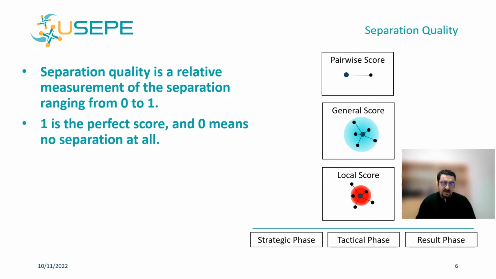All 3 scores are computed for 3 phases. Strategic phase is before flights take place. Therefore, path planning problems can be detected. Tactical phase is during the flights. Maneuver options can be scored to identify the best performing option. Results phase is the phase after all flights are completed. In this analysis, overall effects of general changes such as airspace structure, resolution method, and so on can be evaluated.